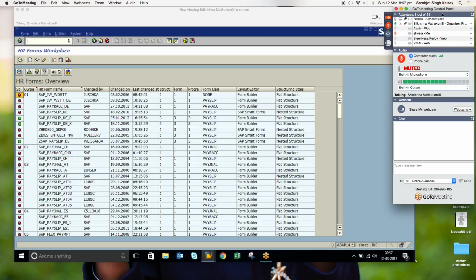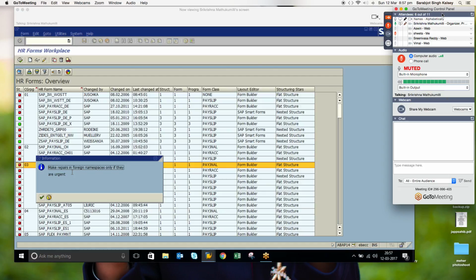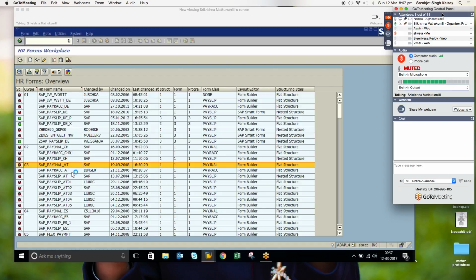Okay, it's not through direct SFP or forms. That's smart, true. Okay, so here also there is a limitation. Limitation in the sense that whenever I am going to a client, I am just suggesting them to go for an Adobe form or a smart form. Here the limitation is when you create a